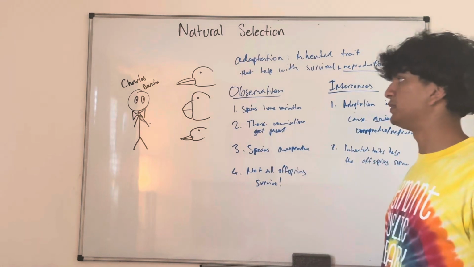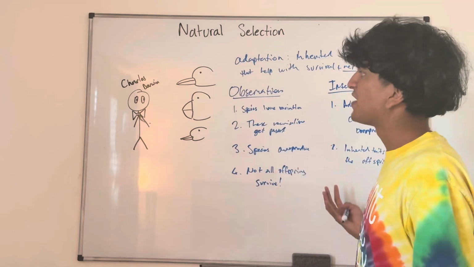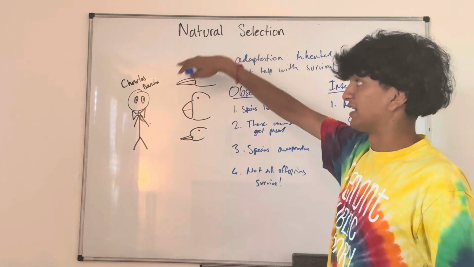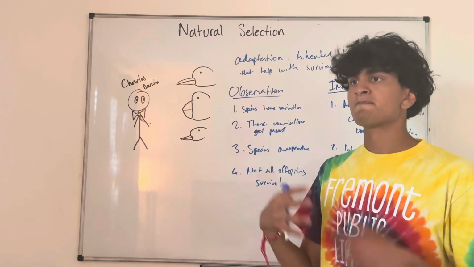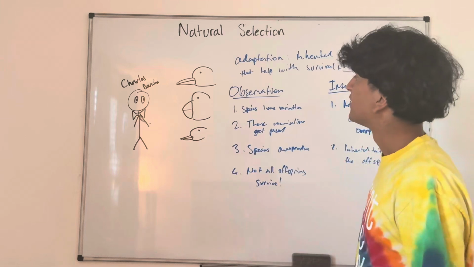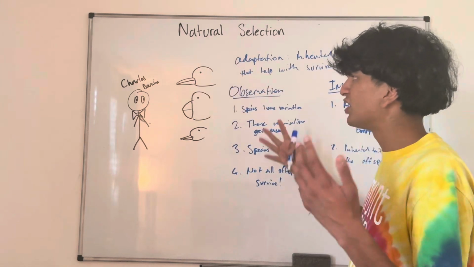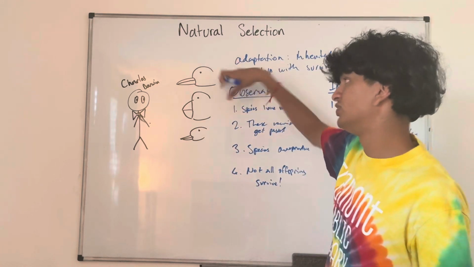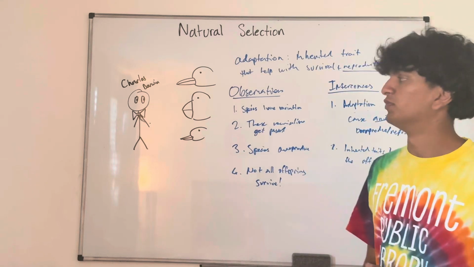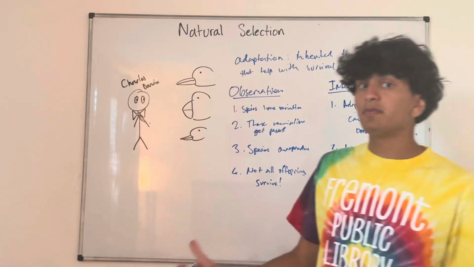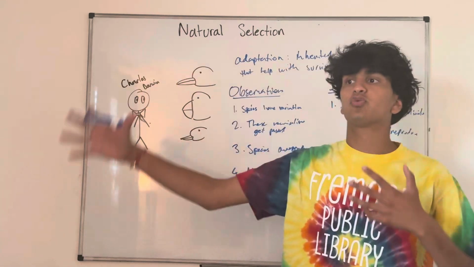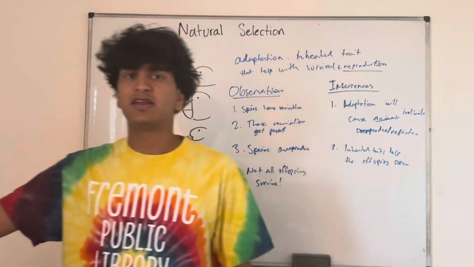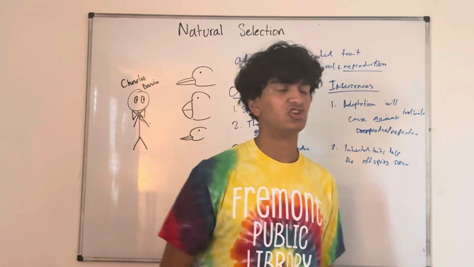Imagine you had a population where 50% of the finches have these kinds of beaks, right? It's not like, let's say they eat seed, it's not like these can't have seed. It's more likely that these ones are going to be able to survive and reproduce, while finches with these kinds of beaks are less likely to survive and reproduce because they don't have enough food, right? And the environment matters, right? So that's why there's variation among the world. Different environments lead to different adaptations. But you can't think that an environment necessarily causes adaptations, right?